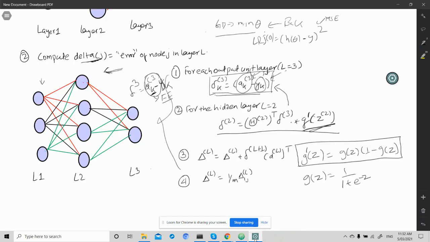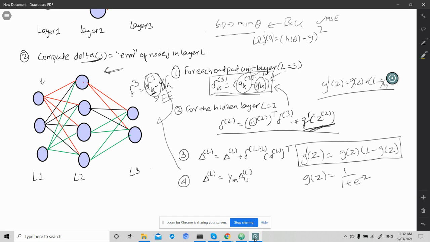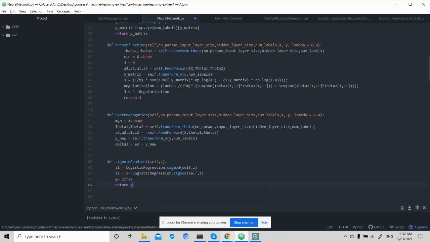So right now we have written a function to compute g dash of z, which is equal to g of z times 1 minus g of z. Okay, so in the next step I will be doing transpose of theta times delta of 3, which I have already calculated, and g dash of z, for which I have already written my function. Okay, so this will be